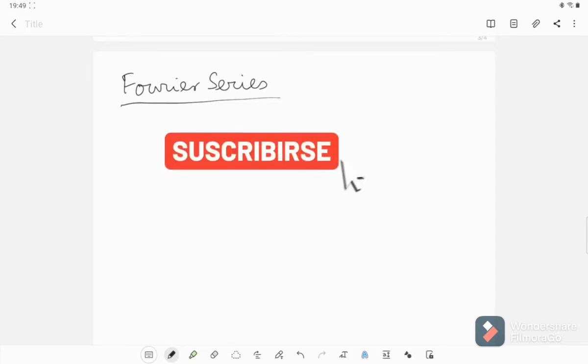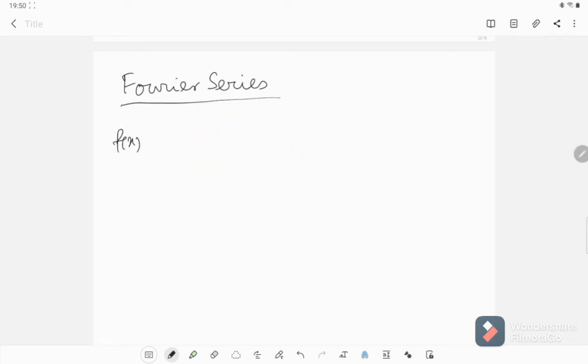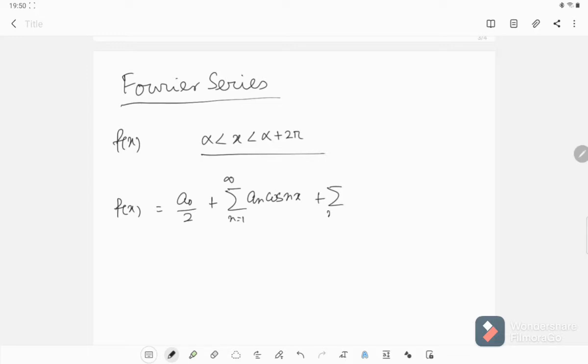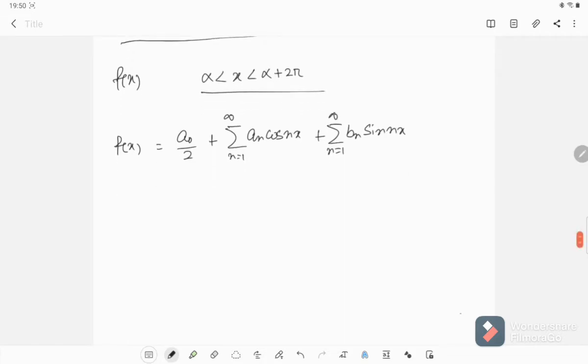So if we have one function f(x), the Fourier series of the function f(x) in the interval alpha to alpha plus 2 pi, this f(x) function can be expressed as, this is the Euler's formula which I am writing right now: a0 by 2 plus the sum from n equal to 1 to infinity of an cos nx plus the sum from n equal to 1 to infinity of bn sin nx. Okay, this is the expression,